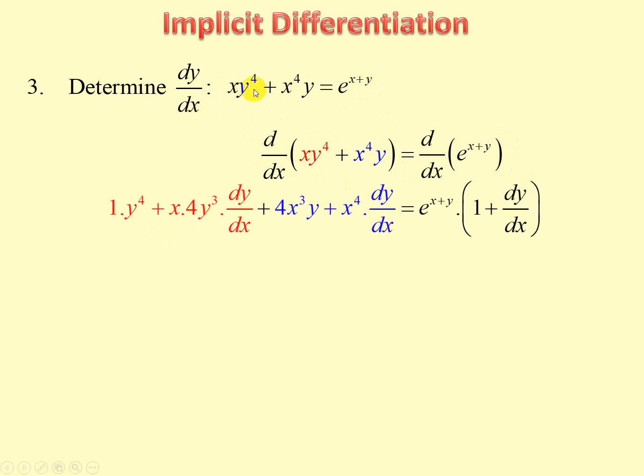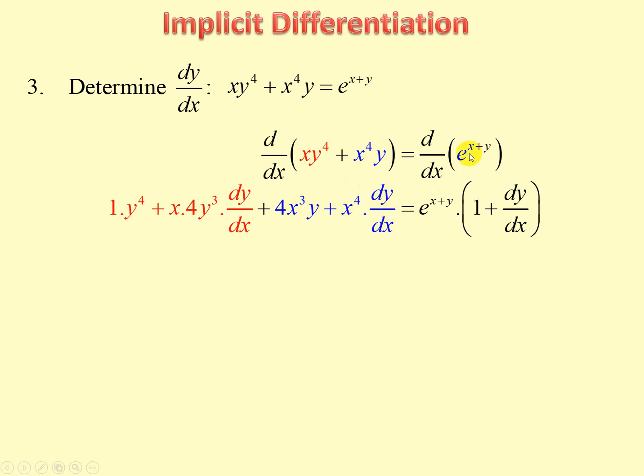So there we are. Derivative of xy to the 4: derivative of x times y to the 4, plus x times derivative of y to the 4, which means 4y cubed, differentiating the outside function, times dy by dx, the inside function. x to the 4y, so we differentiate x to the 4, 4x cubed, times y, plus x to the 4 times derivative of y, which is dy by dx, equals